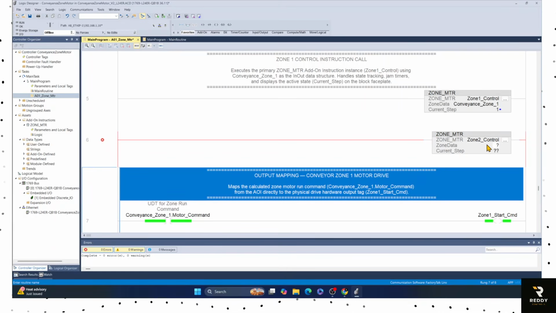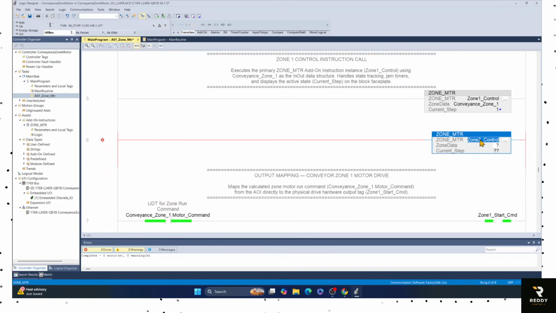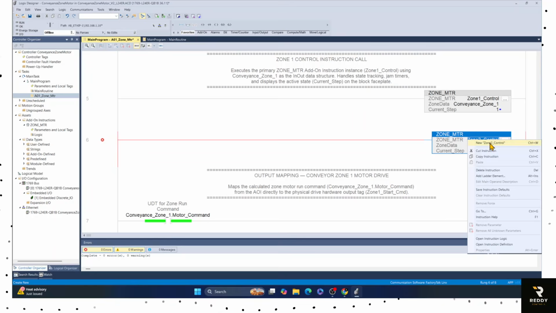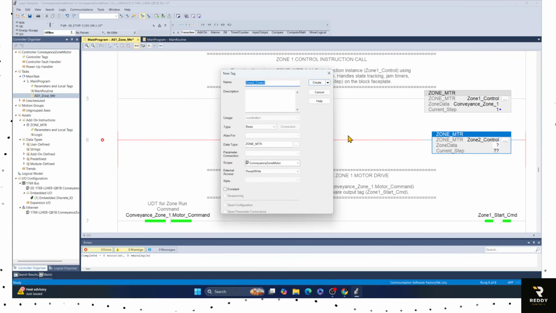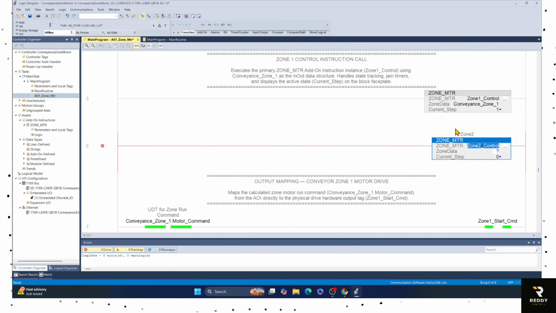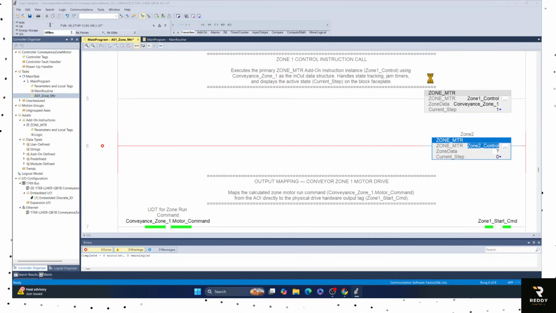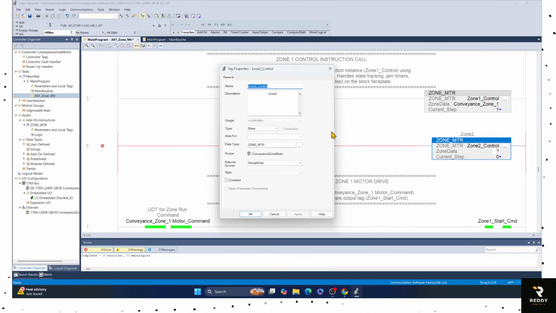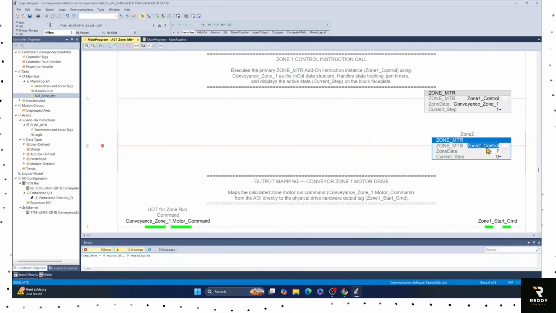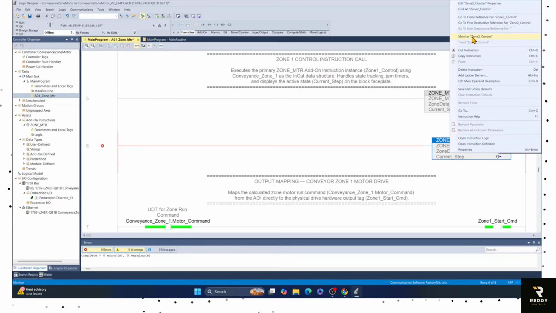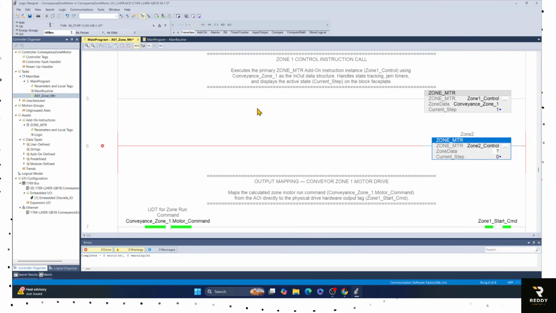and that's the name of the zone2_control, and it's going to say it's undefined, and we right click, create new, and hit create, right? And this is, we could just say for zone 2. So immediately what happened is, if I look at the properties of that instance, it will create something called a backing tag, which has all the, let's now go and monitor the tag. It will create the necessary